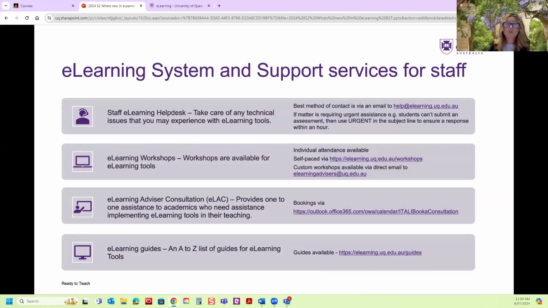Our team also offers a very wide range of e-learning professional development workshops to support staff in the way they would prefer to learn. Those workshops are self-paced, central, and custom, so it's all very much self-explanatory. I just want to make a note on the custom one. That's where we actually organize and run a workshop for your particular school or even just your course. So staff can just contact us via email,